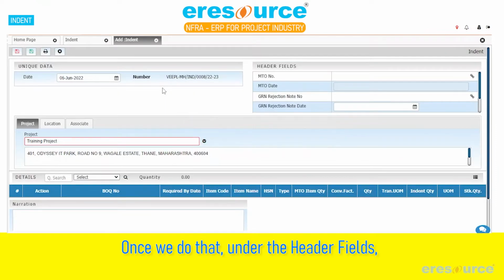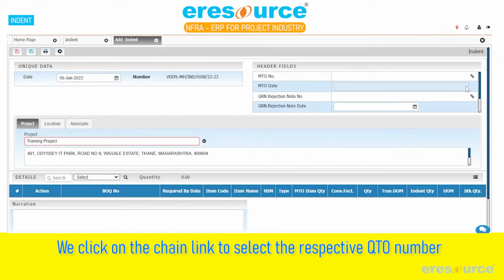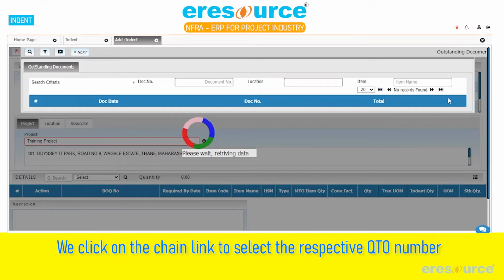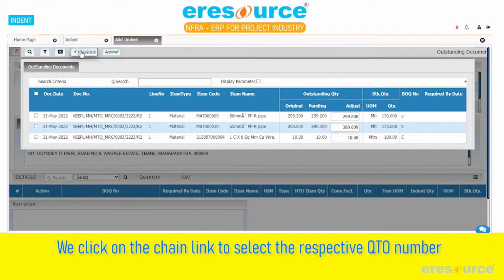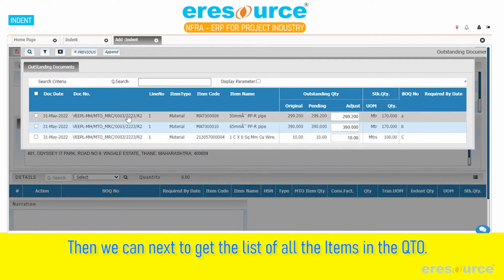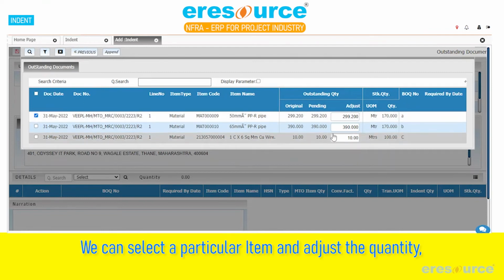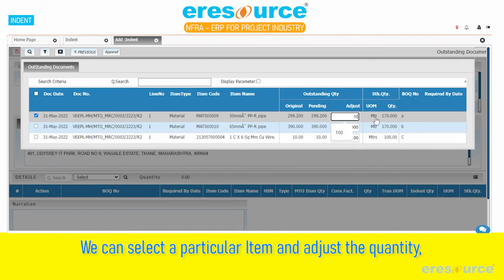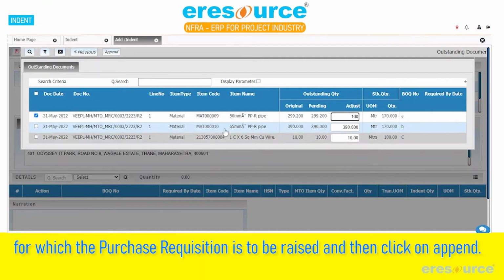To do that, first, we select the project for which the purchase requisition is to be created. Once we do that, under the header fields, we click on the chain link to select the respective QTO number. Then we can get the list of all the items in the QTO. We can select a particular item and adjust the quantity for which the purchase requisition is to be raised and